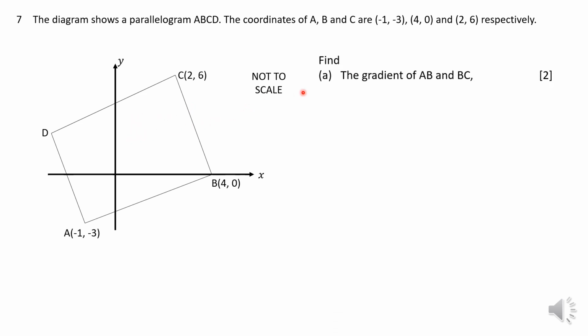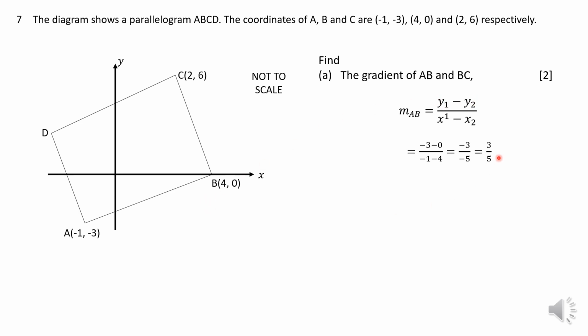So first things first, you are supposed to find the gradient of AB as well as the gradient of BC. Now it's very easy to find the gradient of lines if you know the points. With 2 points, you can play around with the formula to get the gradients of the particular ones. So let us do line AB first. Okay, so the gradient normally is denoted or represented by m. The gradient of AB will be I take the change in Y divided by change in X, simply 2